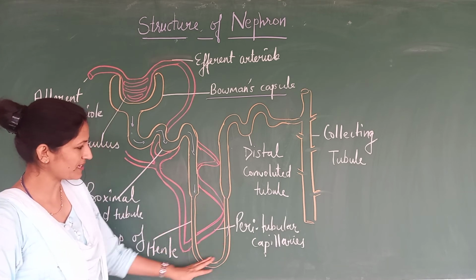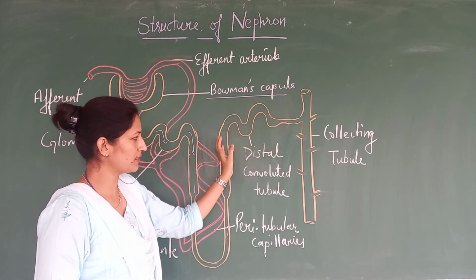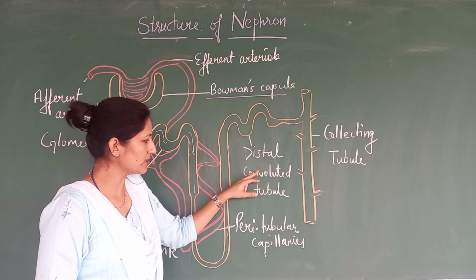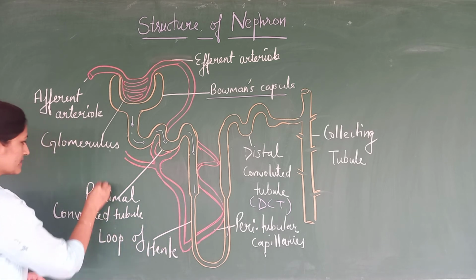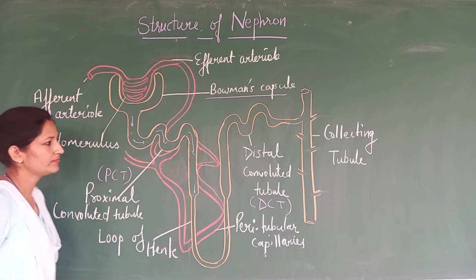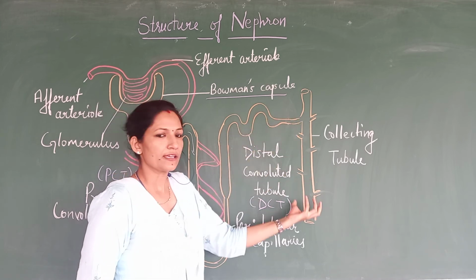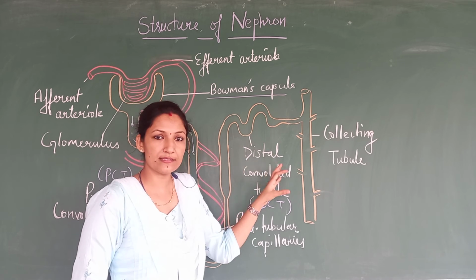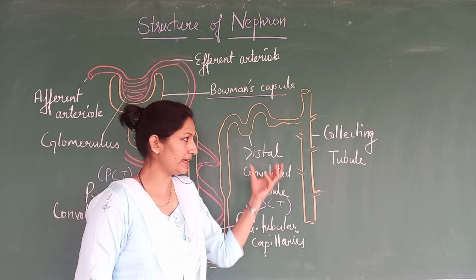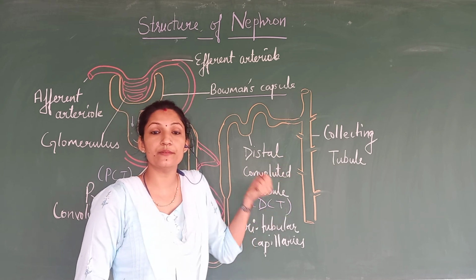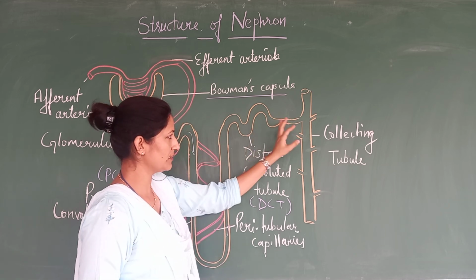So this was the loop-like structure, loop of Henle. Then we have again the coil structure at the end of the tube, that is distal convoluted tubule, DCT. And this one is PCT. After the distal convoluted tubule comes the collecting duct. At this particular region, the hormone from the pituitary gland acts and helps reabsorption of water to conserve the water loss from the body. So this is that particular reason.